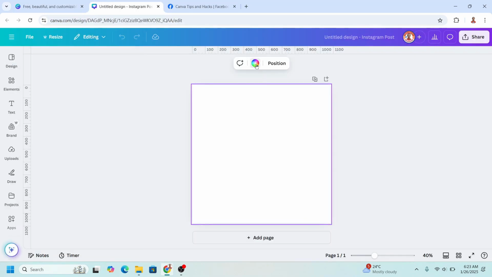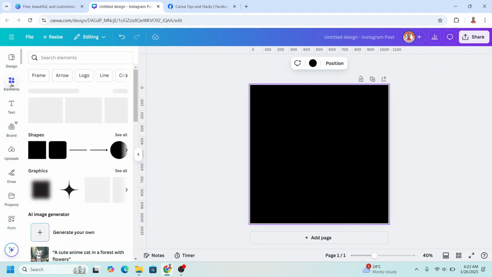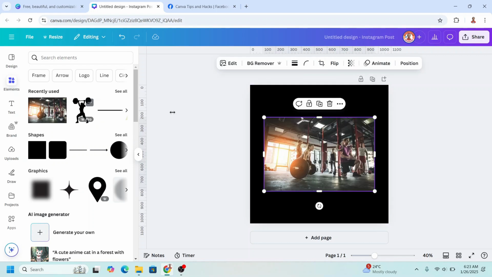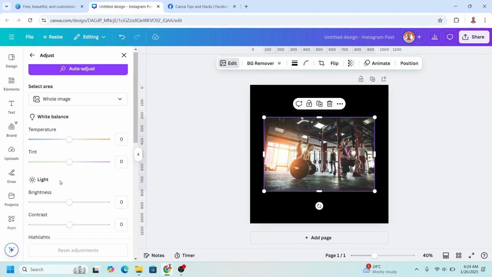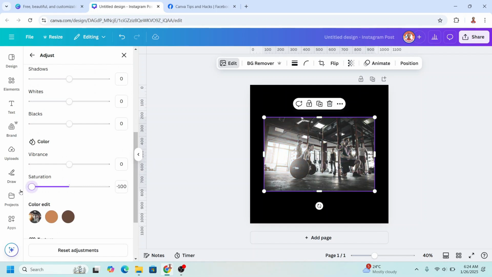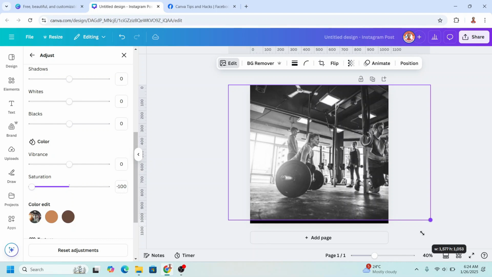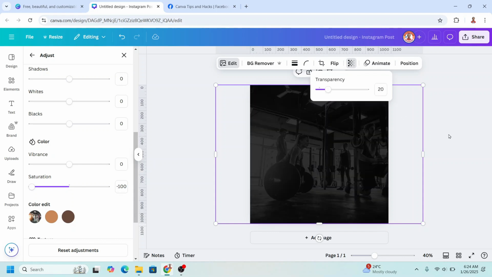First I will change the background color to black and then go to element, add the element, go to edit, choose adjust and reduce the saturation to 0 and then increase the size and then go to transparency and set it to about 20, enter, and then add the other element,